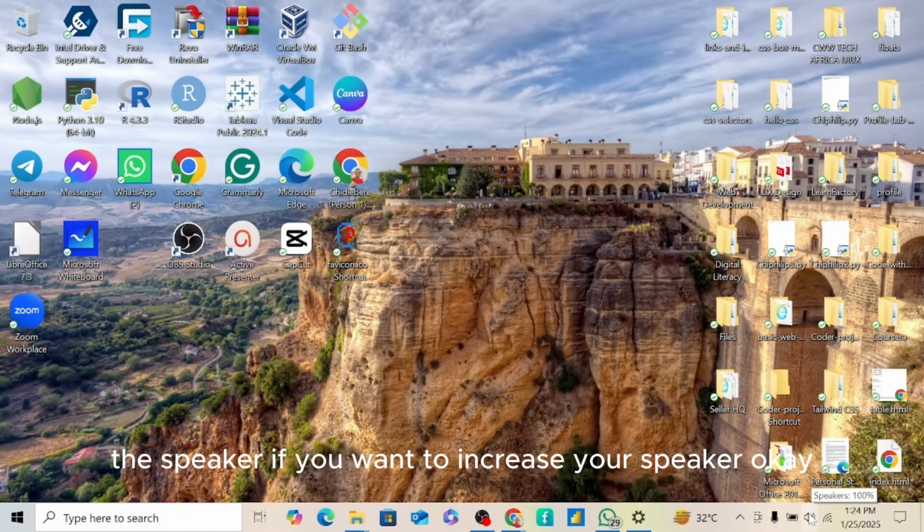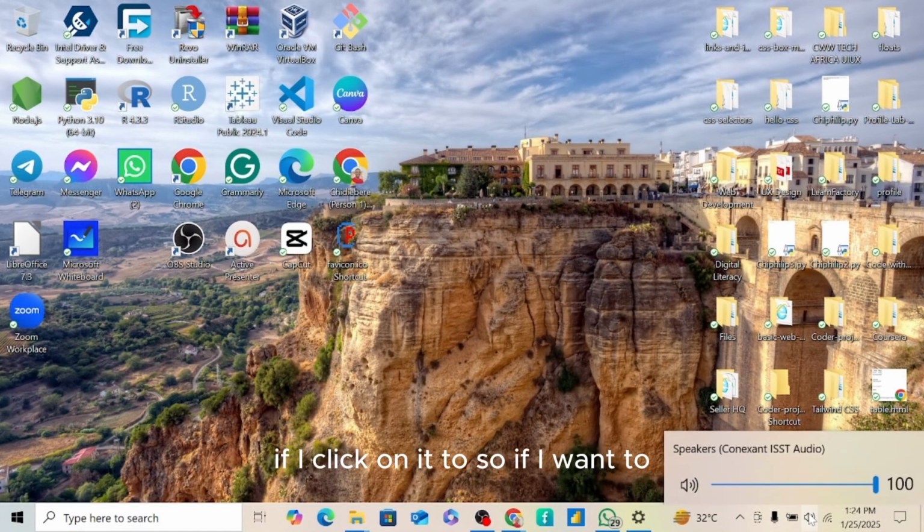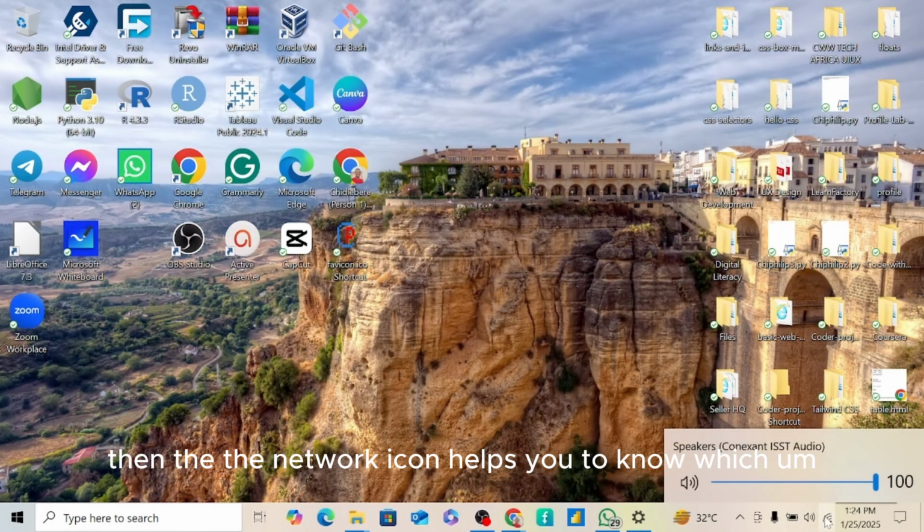the speaker, if you want to increase your speaker volume. It includes the speaker icon, which allows you to adjust the volume of your device sounds. If you click on this icon, you can adjust your volume by moving the slider to the left or right. So if I want to, I can move the slider left or right to adjust my volume. Then the network icon helps you to know which network you are connected to,